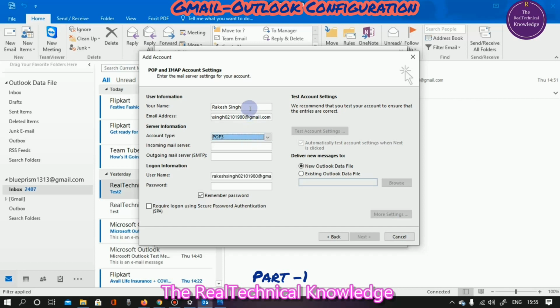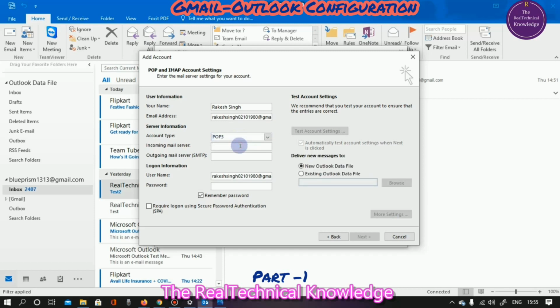After updating your name, you need to update the email address which you want to configure. In the server information section, under the account type, there are two options, either POP3 or IMAP. We will learn both methods to configure Outlook. First of all, we will learn how to configure POP3. There are only a few changes between the POP3 and the IMAP method.